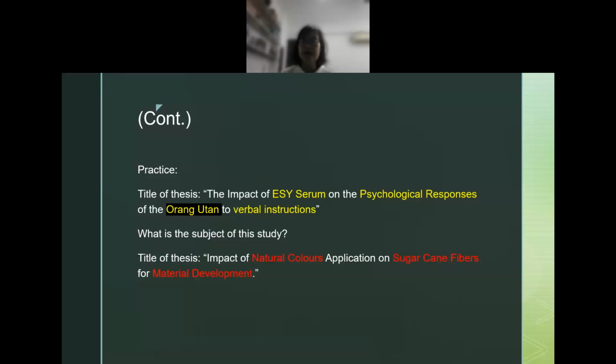Any of the visual arts students? Natural colors application on sugarcane fibers. So which is the field? The field of study is what? Material development. Okay, the field is material development.